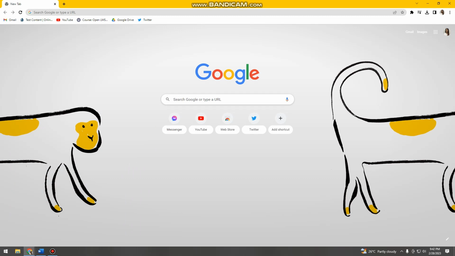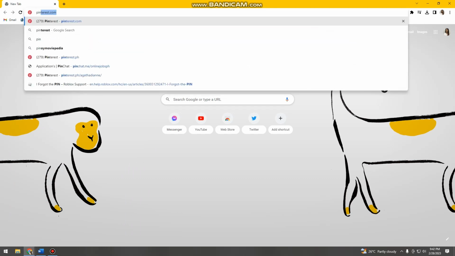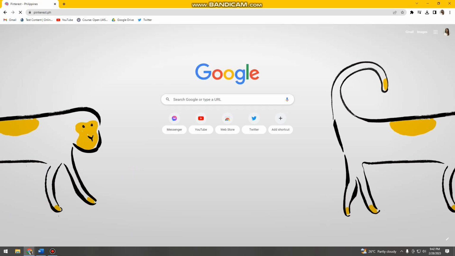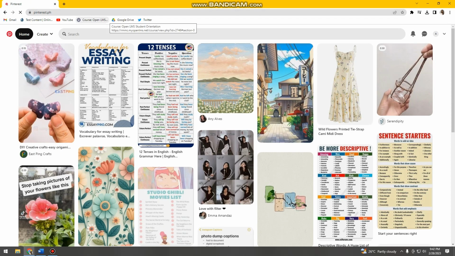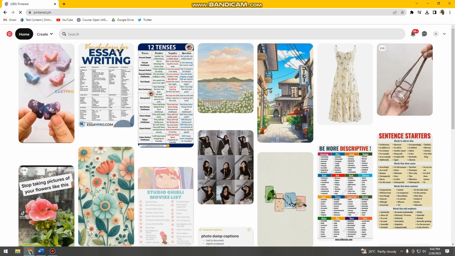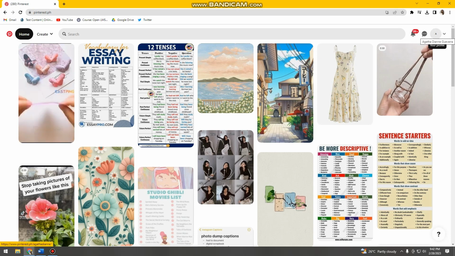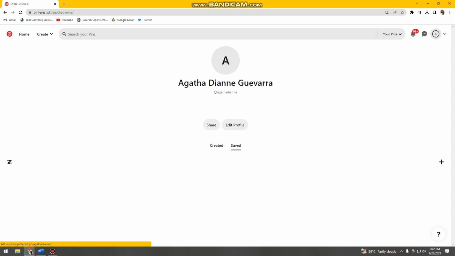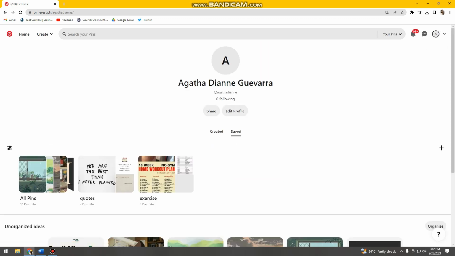So first, you want to open your browser and then search for pinterest.com, and then after that, you want to click on your profile. You can see it on the upper right side of the screen, and then choose the album where all your pins are,